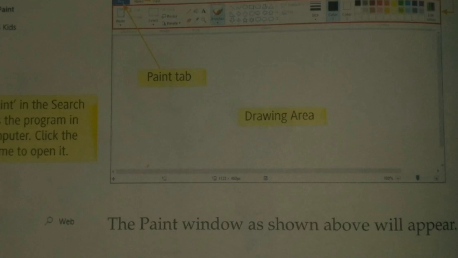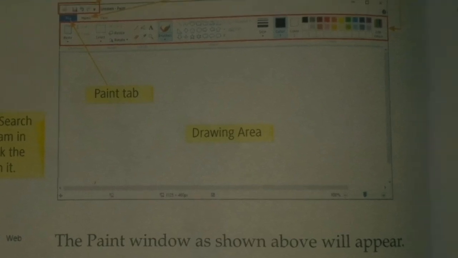Then the file tab, or Paint tab: clicking on it opens a list of options for creating a new drawing, opening an existing drawing and saving a drawing. Next is the home and view tab. Clicking on the tab displays various tools and options that help us work in Paint. The last one is the drawing area.